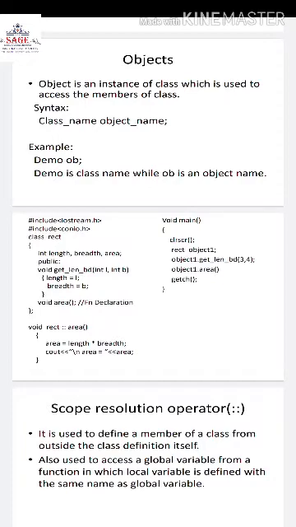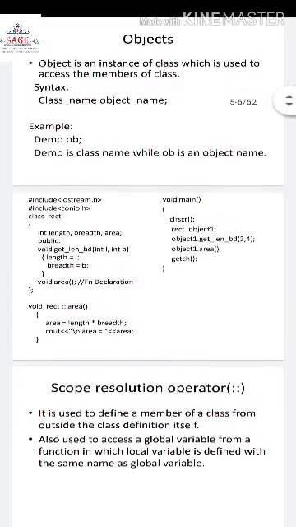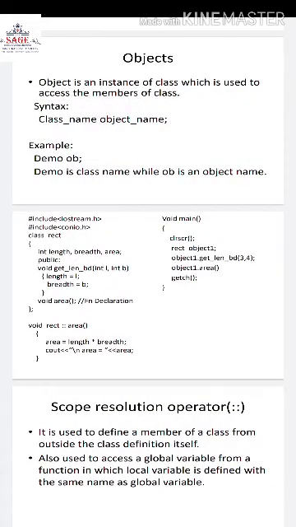So you can see here the get length breadth function's return type is void, and we are passing two arguments inside it. One is integer type of L and another is integer type of B. Now these L and B are the local variables for this particular function, so they will exist only till this function exists. Now what we have done here is we have assigned the value of L to the length, which is the variable of the class. Again we have assigned the value of B into the breadth, which is again the variable of the class.